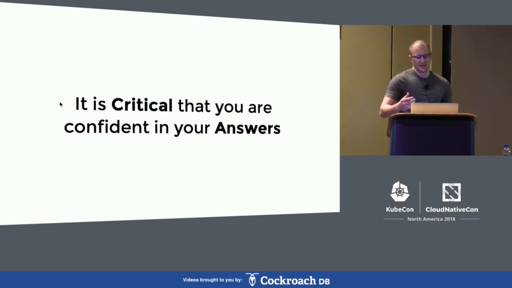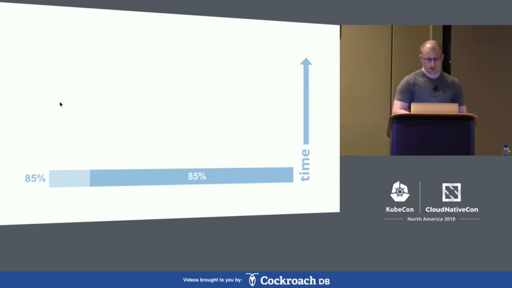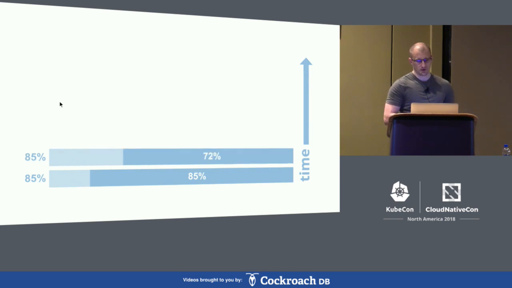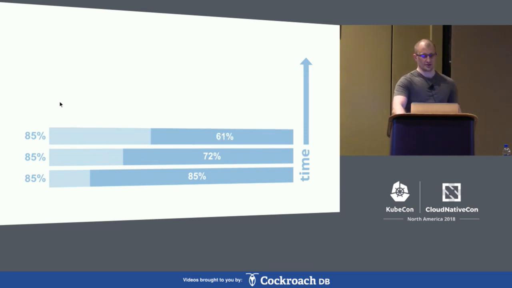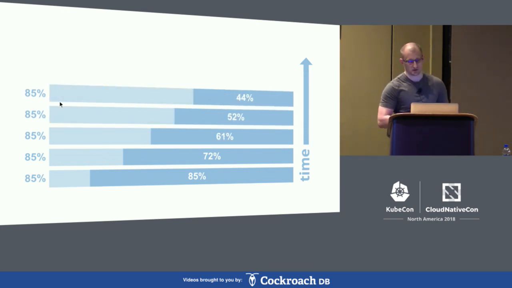When you're using this method, it's critical that you're confident in your answers, and I'll demonstrate why. So say you ask a question and you get an answer back that you're 85% confident in. You might say, well, 85% confidence, that's kind of high. But if you apply this method, it's an iterative method. As you iterate, if you're only 85% confident in your answers, after 5 iterations, you're down to 44% confidence